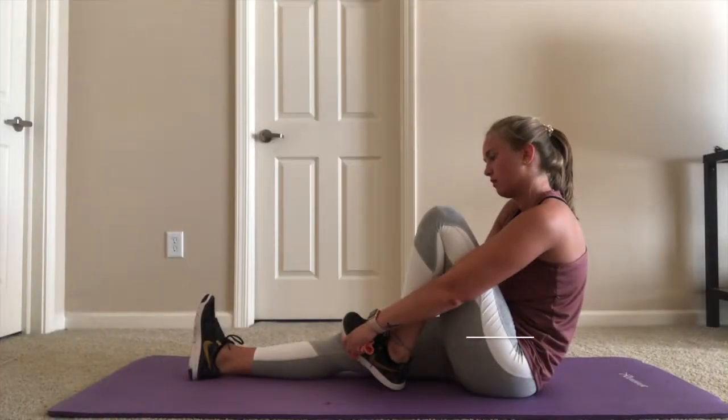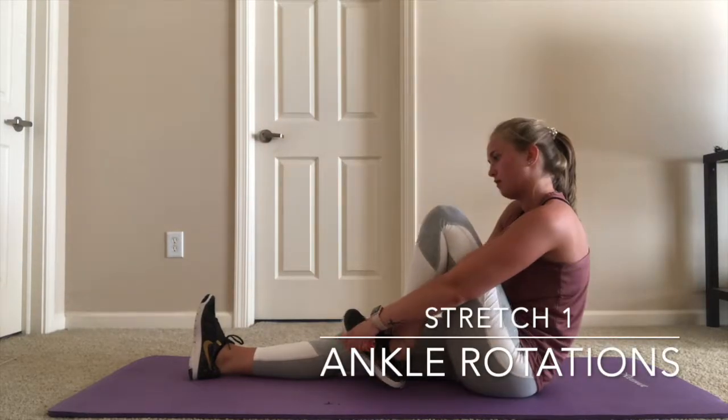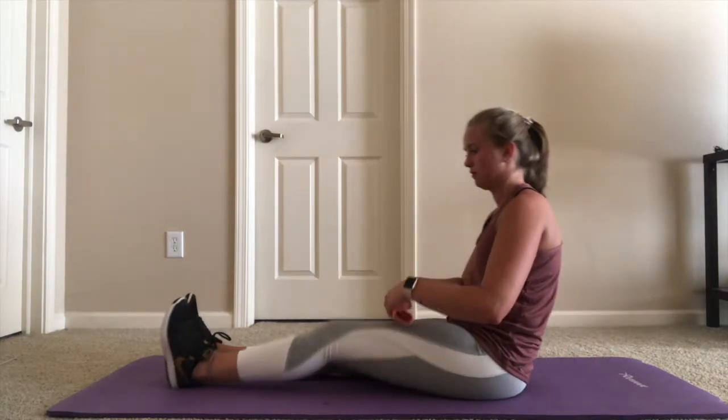This first stretch requires a band or a towel, and I call it ankle rotations. Start by sitting on the floor with your legs fully extended in front of you. Then, bending your left knee, pull your left foot